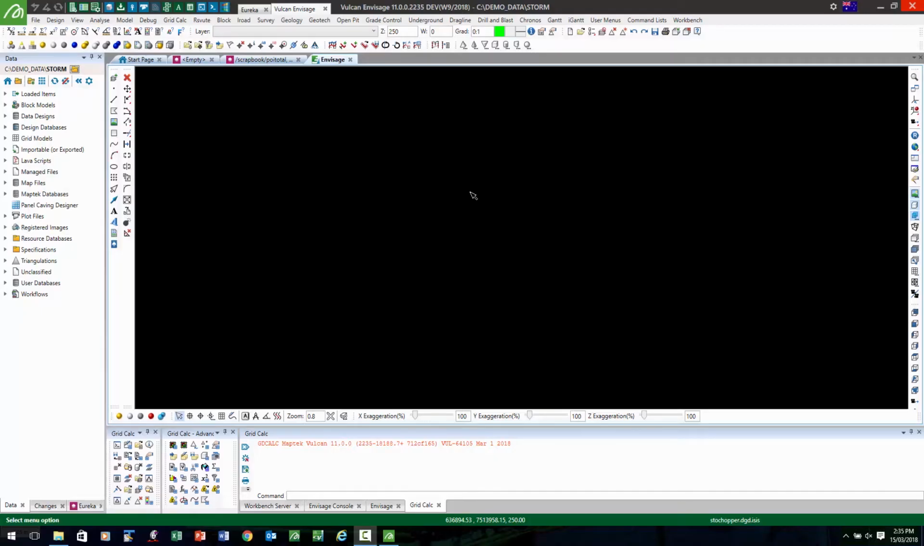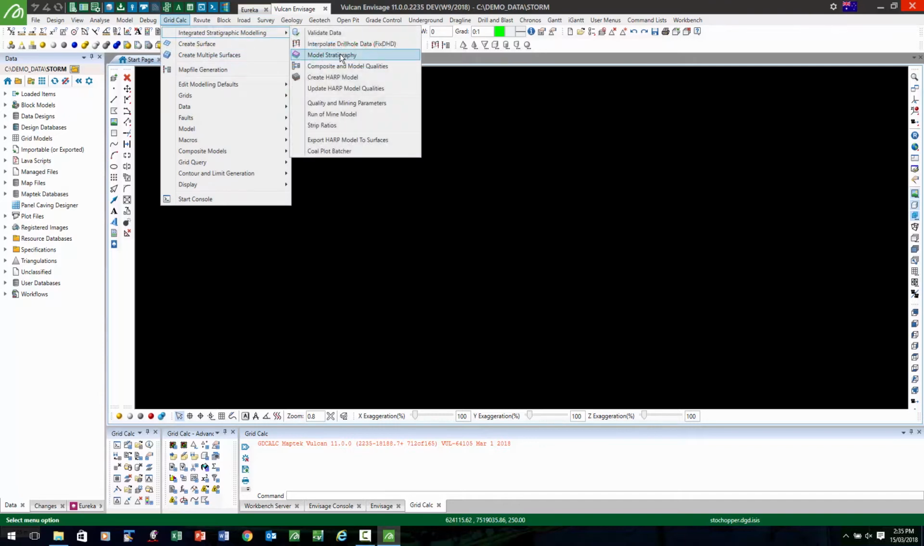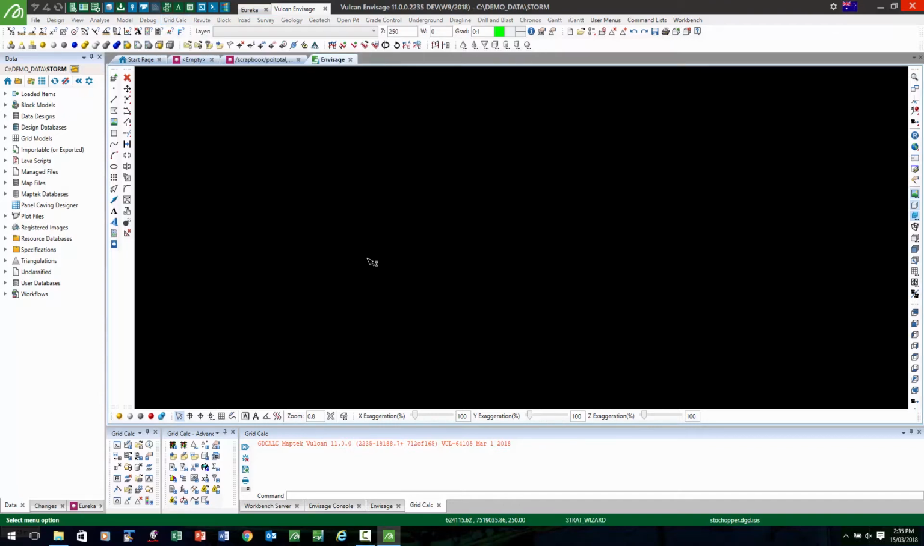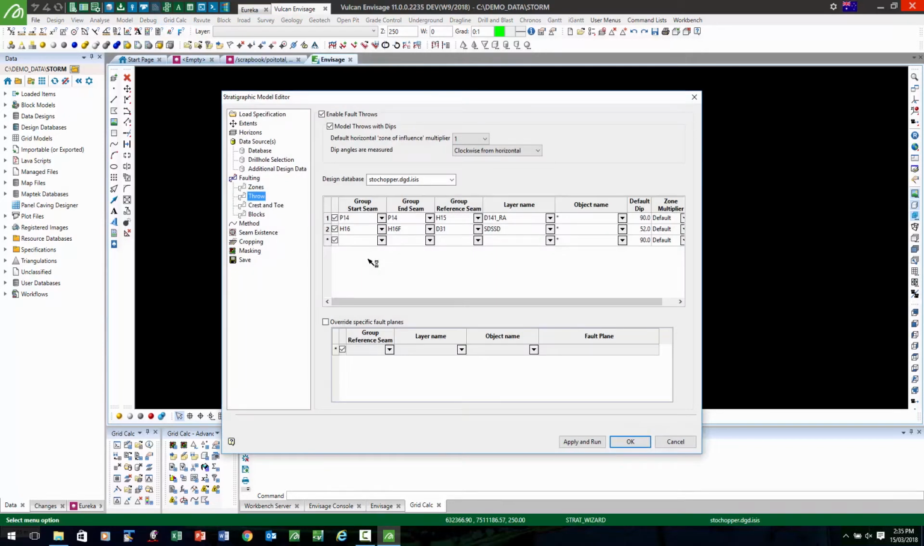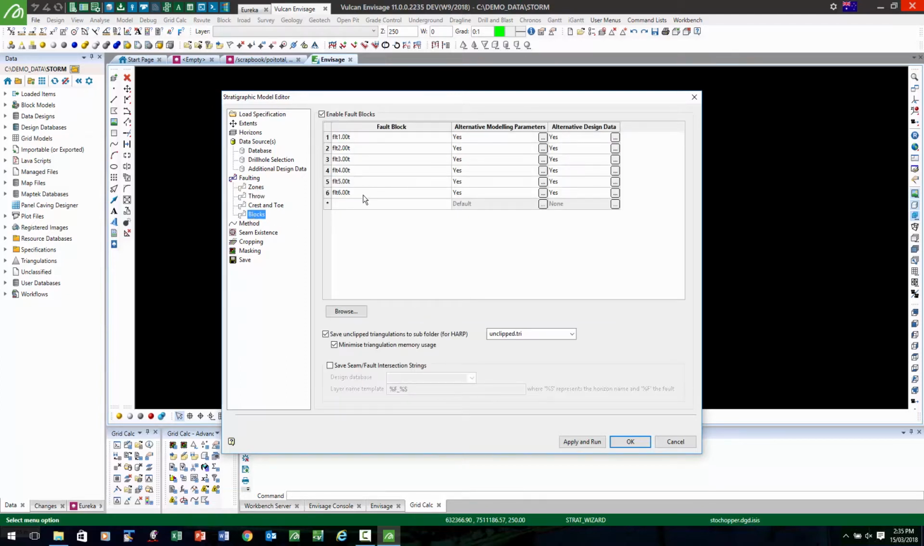The predominant stuff done in Vulcan is in the integrated strat modeling side of things. And it's one of those options or improvements, if you like, where there isn't actually that much to show you. The first is in the fault modeling. So as a bit of history, back in version 5 or so, we introduced the ability to use solid triangulated